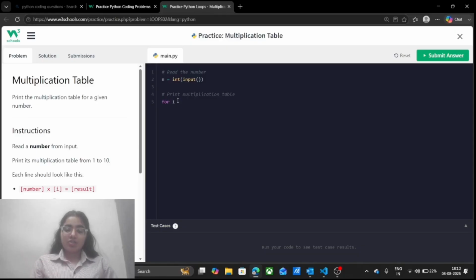For i in range, I want to print the multiplication from 1 to 10. So I will write here 1 to 11, as 11 is not going to be included. And after this, what I want to print is the number. So we have taken n here as input. So we are going to print n, and after that we have taken here the